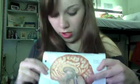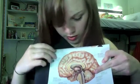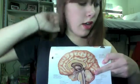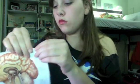From the hypothalamus, right there, we're going to move up into the amygdala, which is this little dot there. And it's part of the limbic system, and it controls emotion and aggression. So, from the amygdala there, we move up